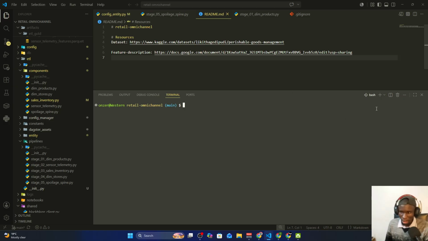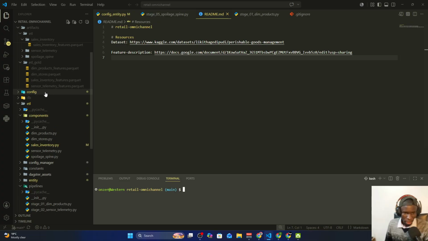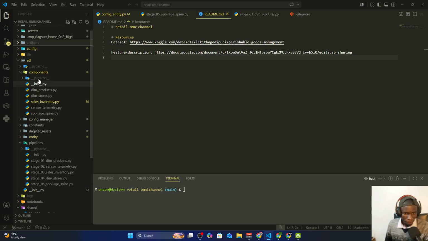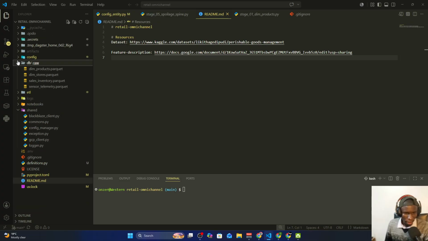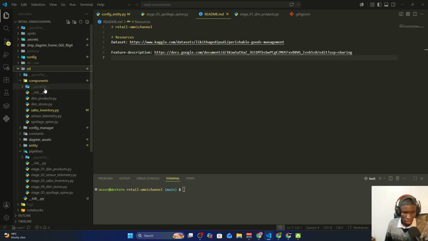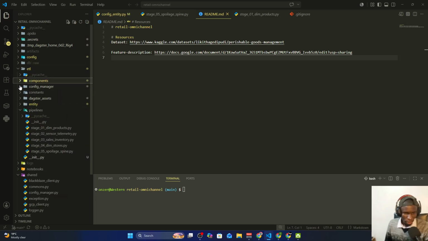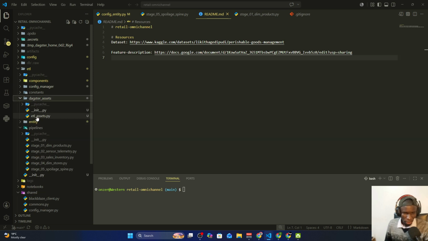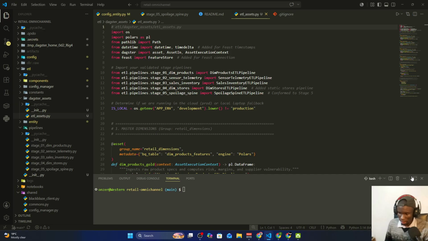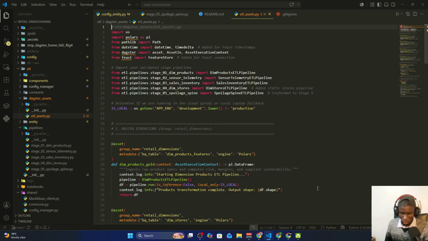Okay, so let's see how we integrate Dagster when it comes to this. I'm working inside the ETL folder. I created this folder, Dagster assets, which contains the ETL assets. Under the ETL assets, it's something simple. We're just defining